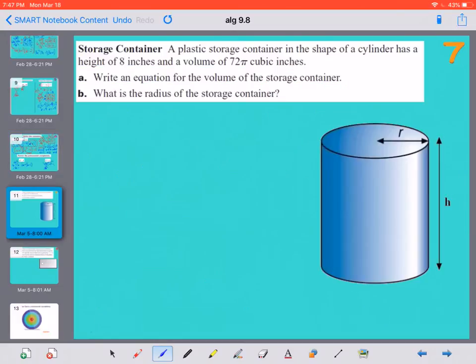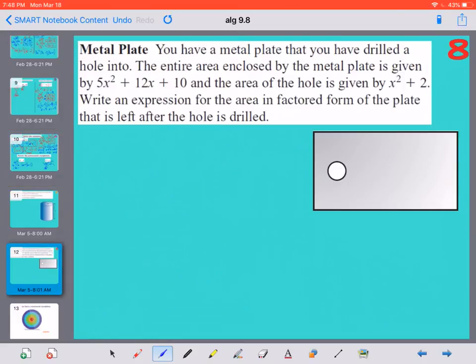And then I think we're going to skip these word problems. So it's your lucky